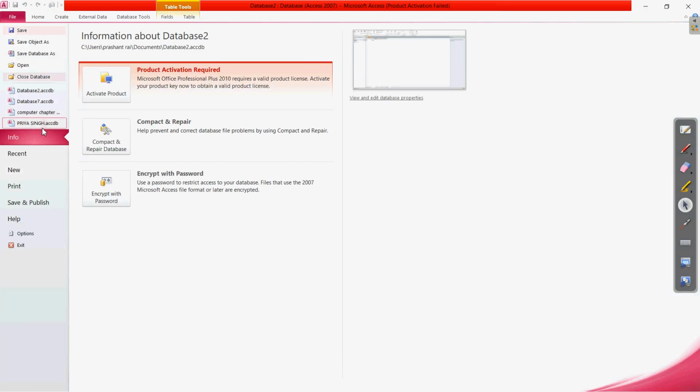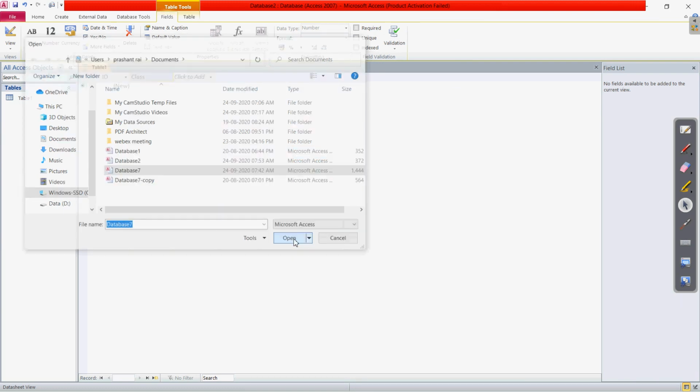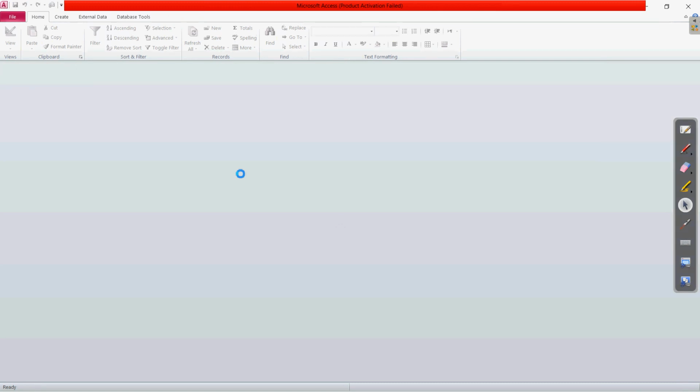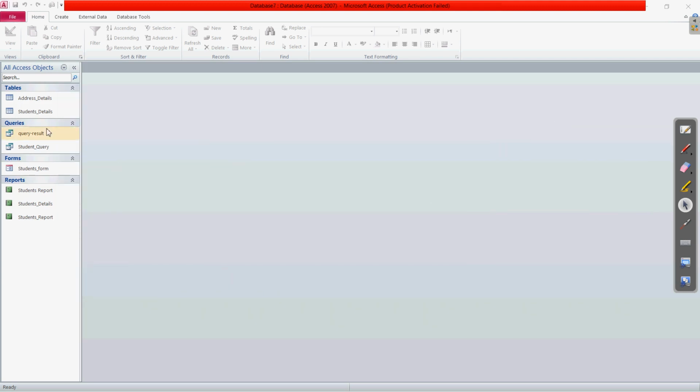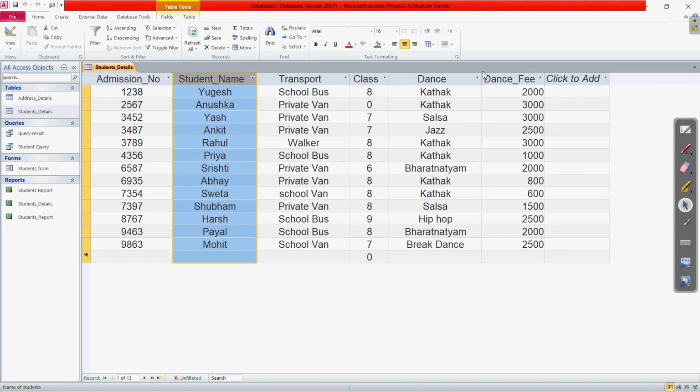Let me show you an example of this. If I open an existing database, let us wait for a moment. It is opening. Okay, so here it is. These were the database which we have created earlier. Whatever the name of the fields, these different columns, so these were done. This view where the data is present in a tabular form, this is the datasheet view. Clear?